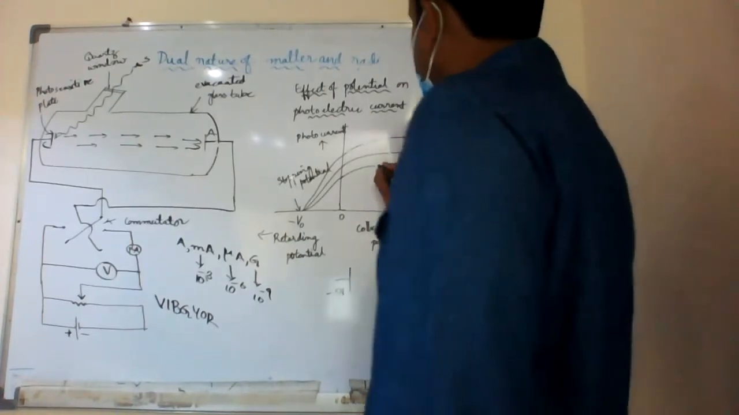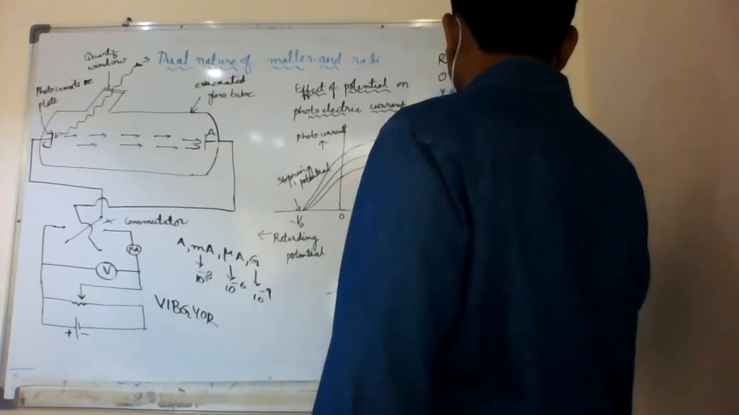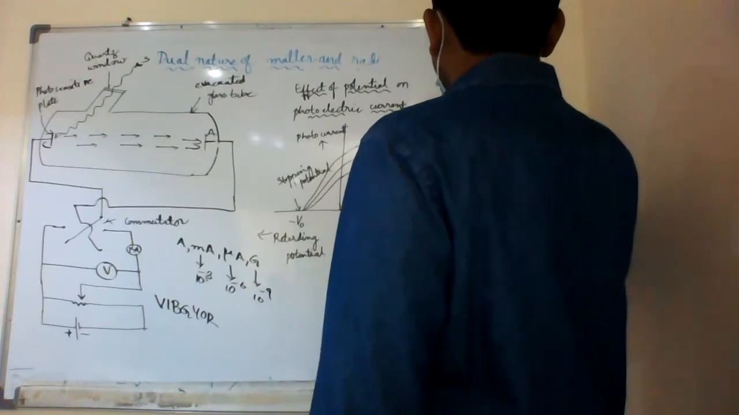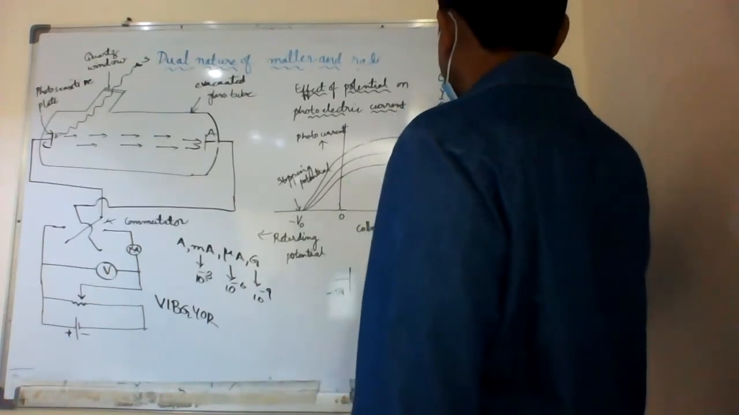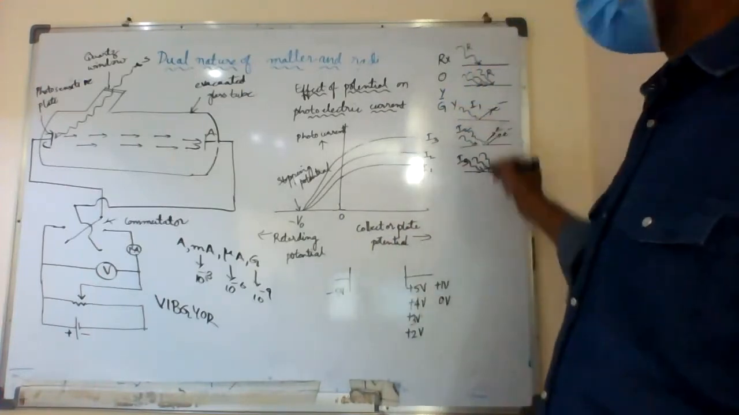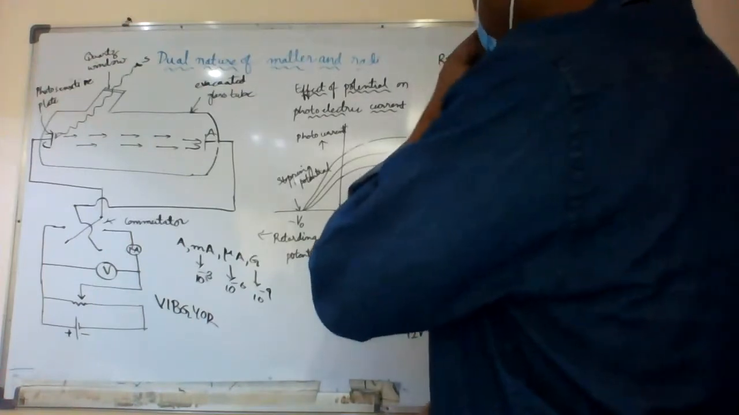So when we are reducing it, suppose we have taken one particular intensity. We have three intensities with us now. Let this be I1, let this be I2, and let this be I3. So here we have three intensities, I1, I2, and I3. Now suppose for the first intensity,